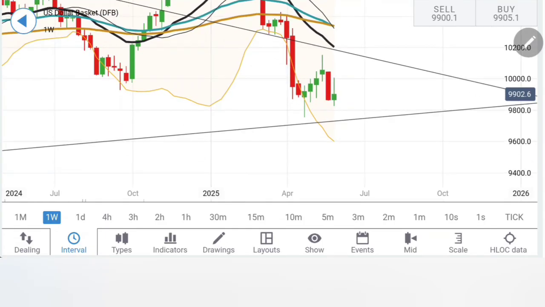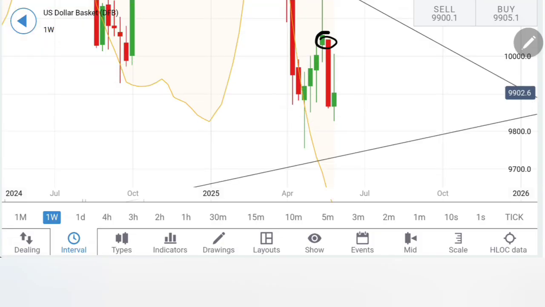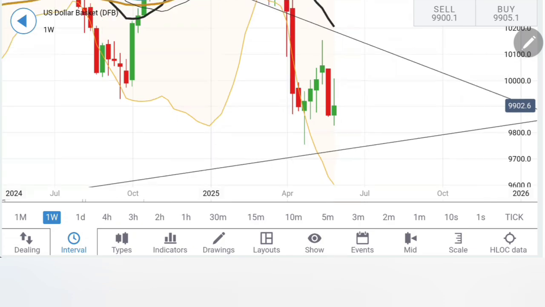Now, coming to the near term charts, if you see the movement here: drop, moderate retracement, bigger drop, moderate retracement. You can see the candle sizes here are very small, and then one red candle has appeared. Second thing, it has also given a gap down here. This gap is yet to be filled. There is a possibility that it may try to fill the gap.